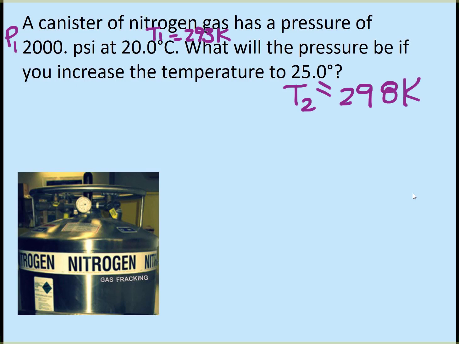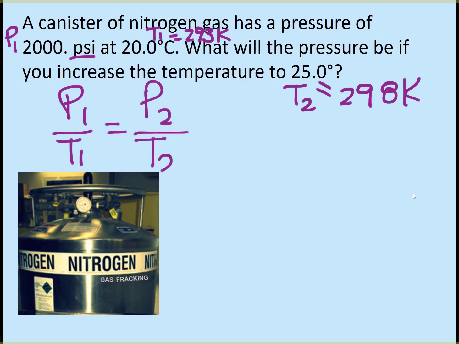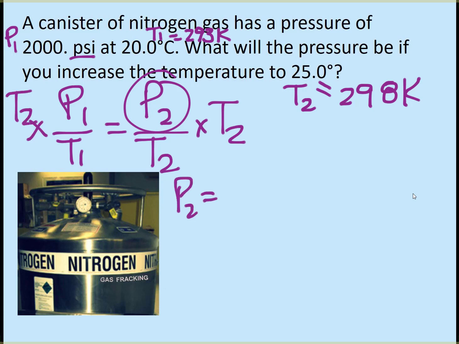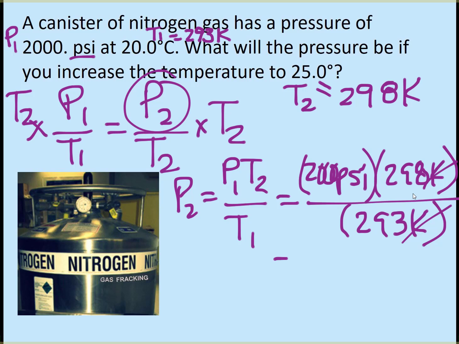So this one I'm using kind of a non-standard pressure, but this law works just as good. So P1 over T1, if you did reverse it, you would get the same answer. In other words, if you had the temperatures on the top. And it says I'm going to solve for the P2, so I'm going to multiply each side by T2. So I get P2 equals P1 T2 over T1. And if you don't want to manipulate your equation, just follow your algebra rules and you should get the same answer. My K's cancel, and getting my math, I have